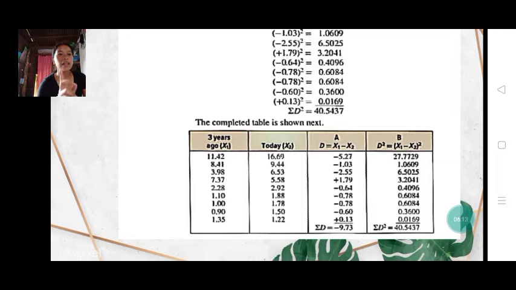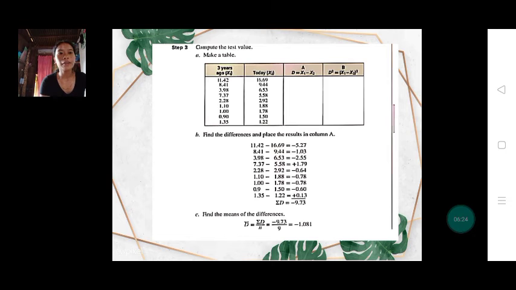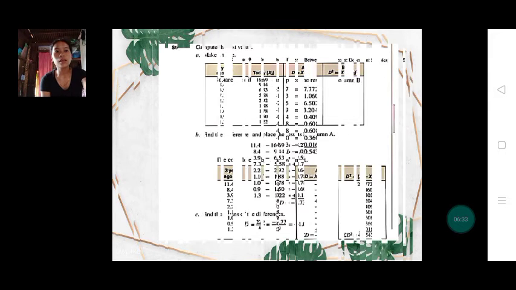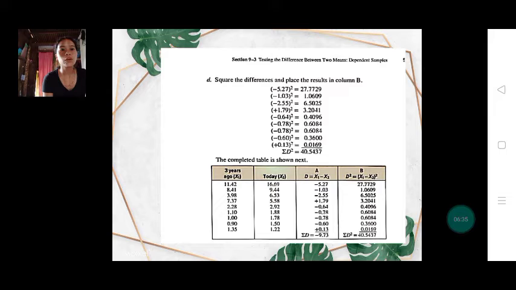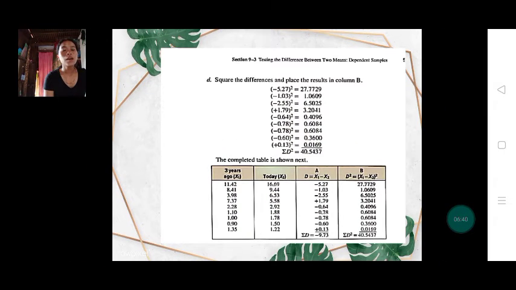So to get the column A, which is the difference, minus x sub 1 minus x sub 2, mao na siya ang formula sa pagkuha nato ganiha sa difference, which is atong gi-place ang result sa column A. So mao na siya ang makita nato sa table nga naa say sulod si column A. Dayon pag human natong kuha ato, para makuha na pod si column B ang result sa